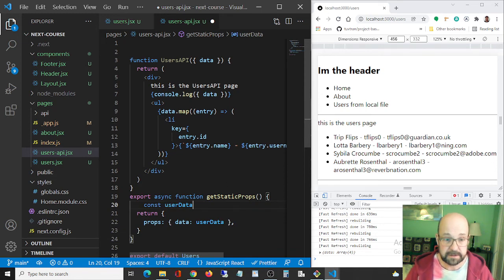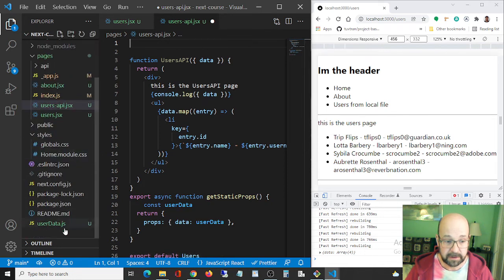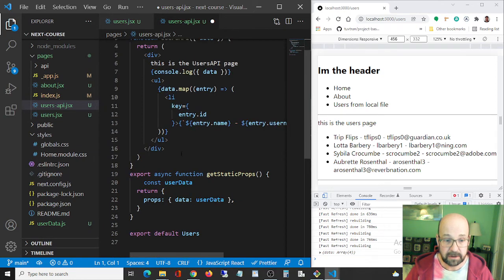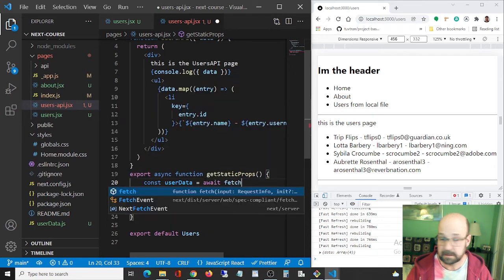We're still going to use this userData, but instead of importing it from our local user data file like before, we're going to fetch it over here. userData equals await,